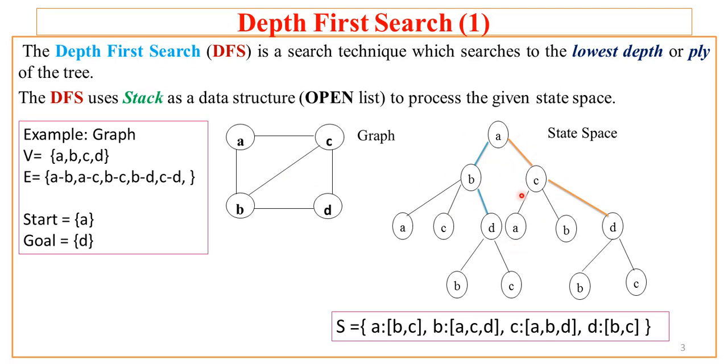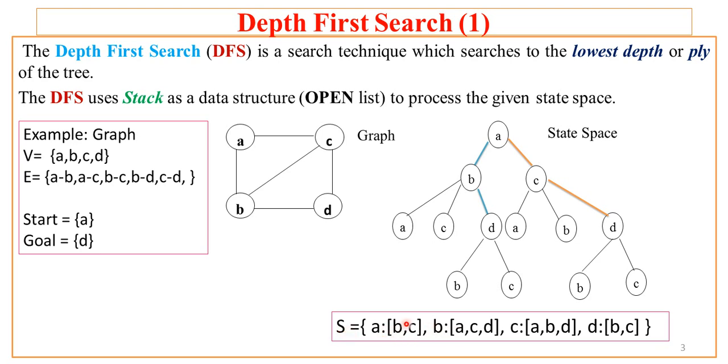But how to represent this exploration so that our algorithm will understand this state space? Now this state space can't be directly given to our algorithm as a diagram. Rather, we'll represent this diagrammatic representation in the form of certain data structure. So I have maintained here something called a list of successors. It is a dictionary, that means key value pair. If I say A is a key, that is the node, then B and C are the values of the successors of node A.